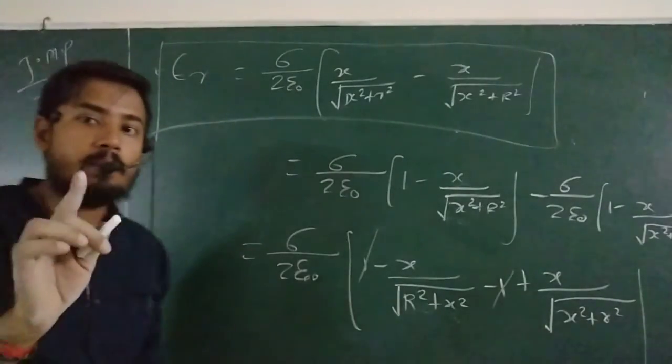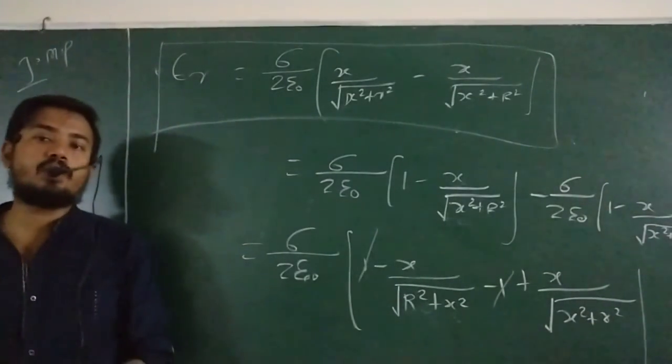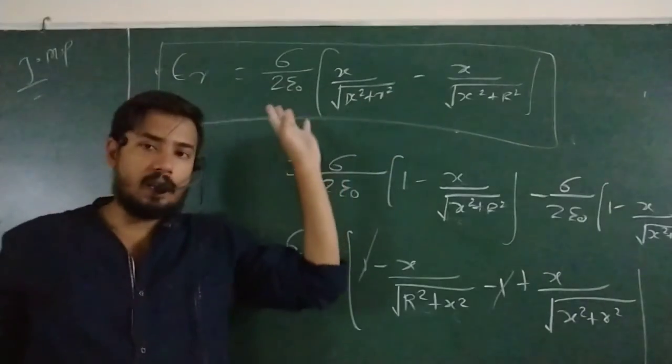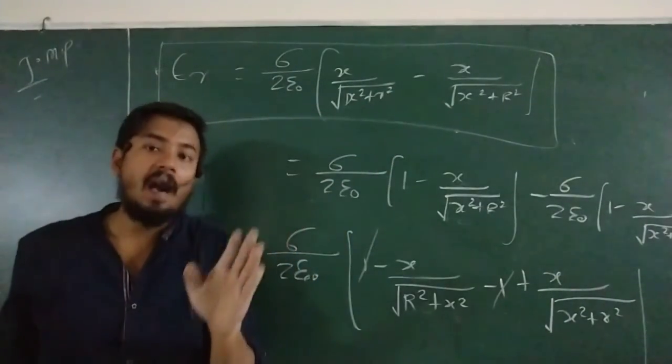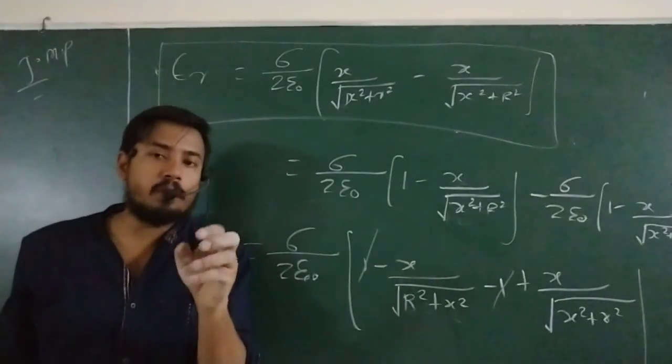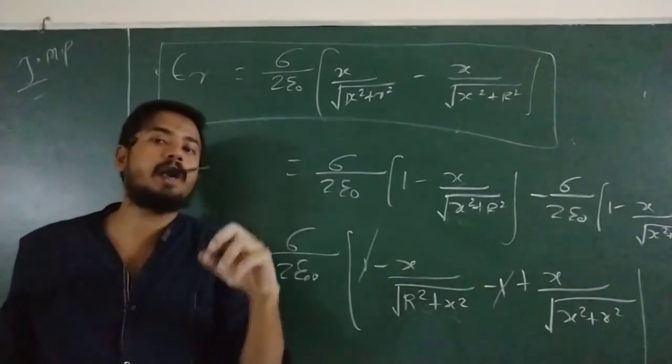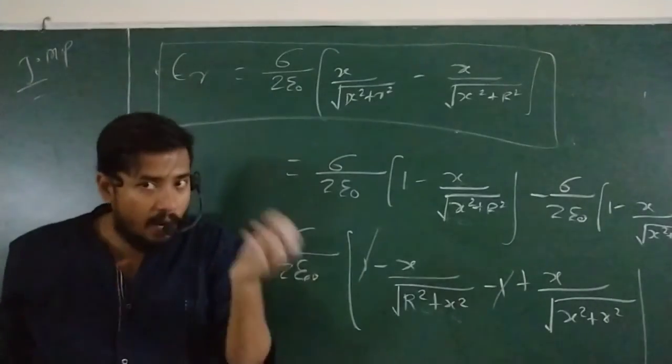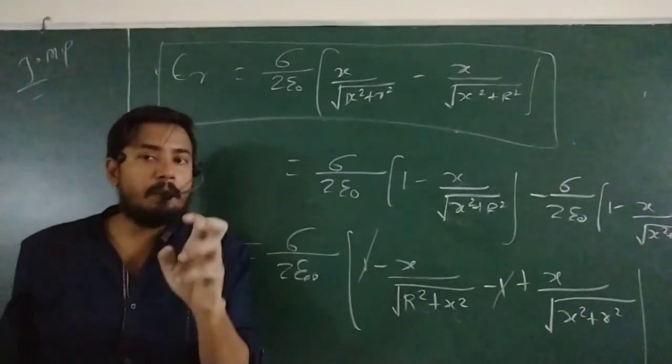So again I am telling you, I will not suggest that you remember this remaining part answer. No, I will not suggest. I will give you a step. Whenever you are going to face such kind of questions, first of all find the electric field due to the complete disk. Now assume the remaining part is